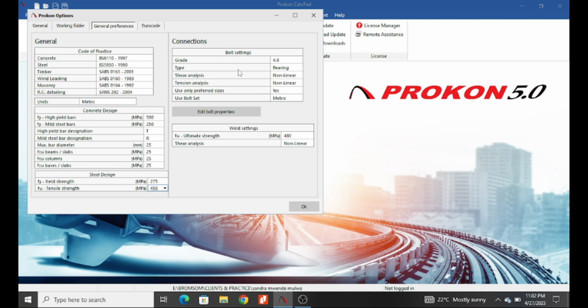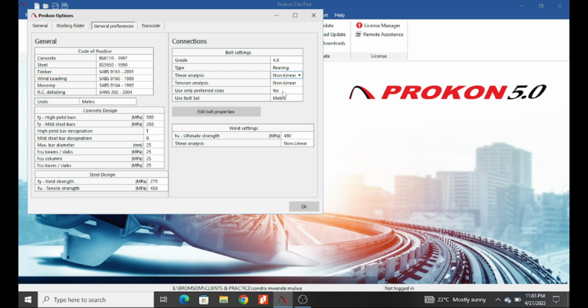So these two depend on where you are in a country, and that which your manufacturer can give you. You can also change a few parameters depending on the connections you have, if you're going to do steel design. And then, because we normally design for bolts and weld connections, we can also input the parameters. So here you can input the parameters of your bolts, and down here you can do settings for your weld. And then, for instance, you see there are different grades of bolts that you can use, and their types, that is the bearing and the HFG. And you also have shear analysis and tension analysis, and how you want them to occur, either linear or nonlinear.